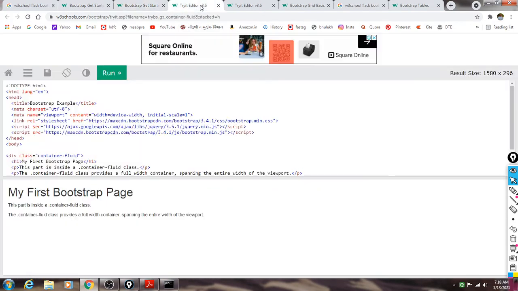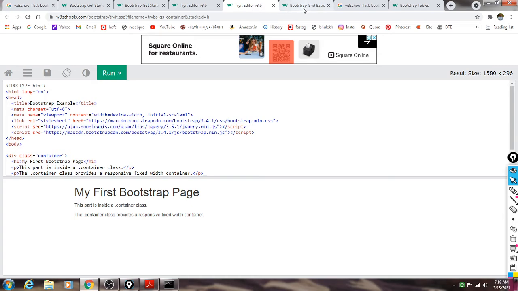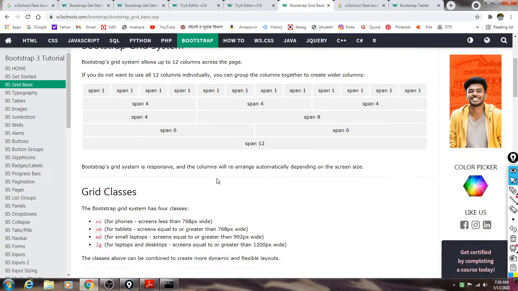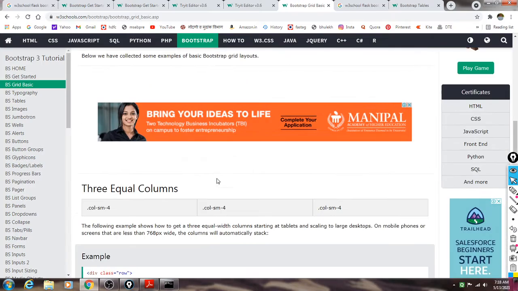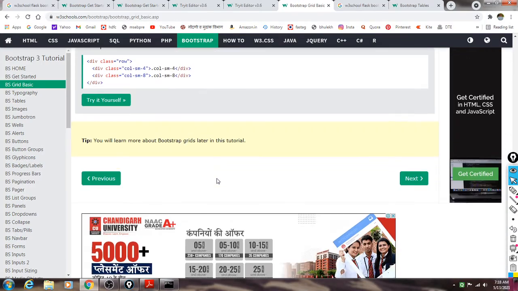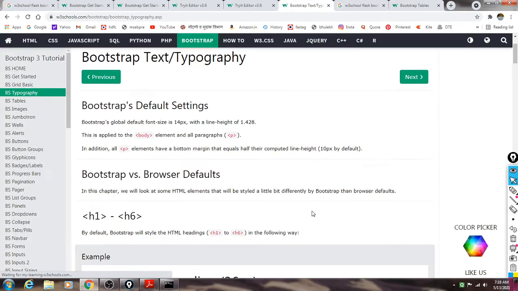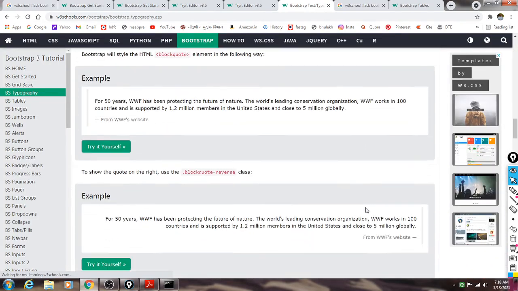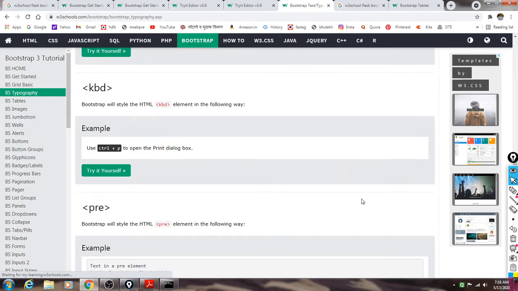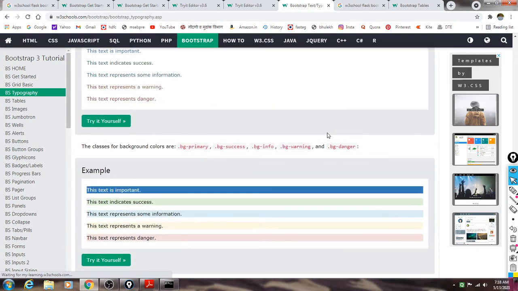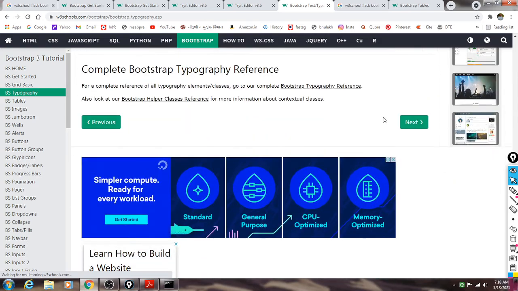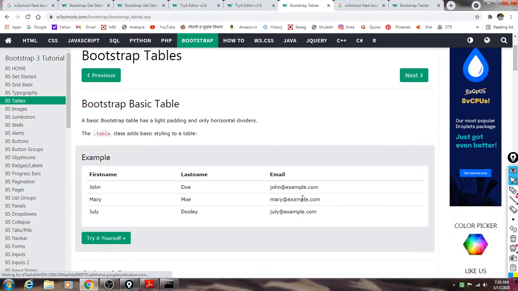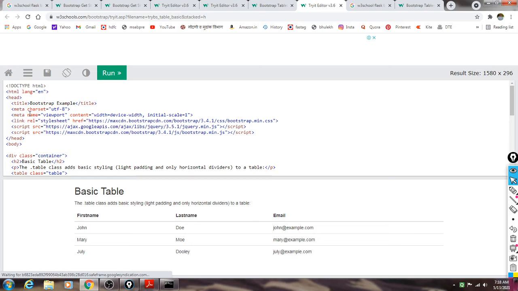We will search this one. Yes, so the table is there. I have copied this table from w3schools.com, so the table is there, you can search this one. There is the code for a basic table, so here we are using the table class.